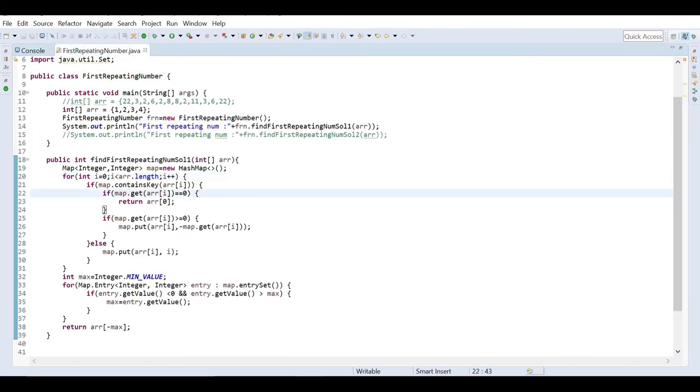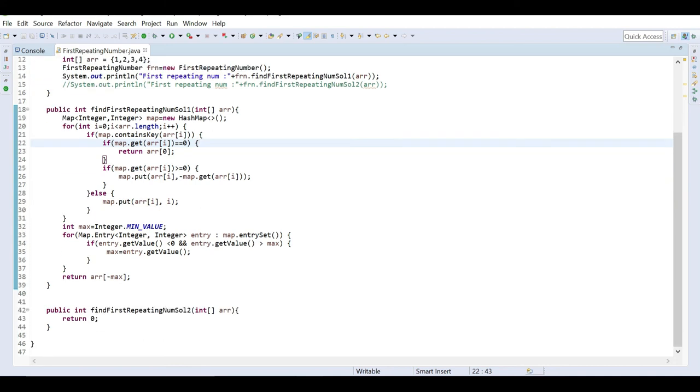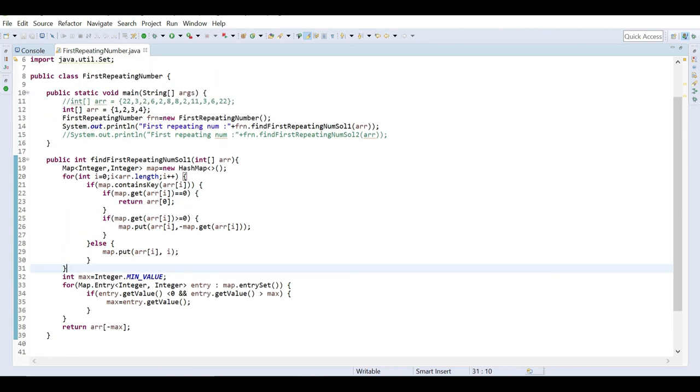This approach will not work here, because in this case nothing inside the map will be negative and the solution will not work. If nothing is repeating, the size of the map and the actual array will be the same, right? Because the map will be filled with distinct elements.